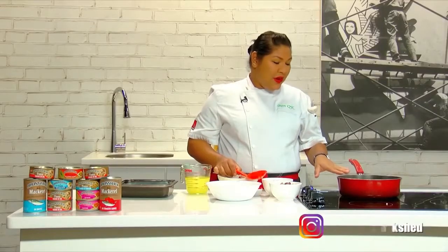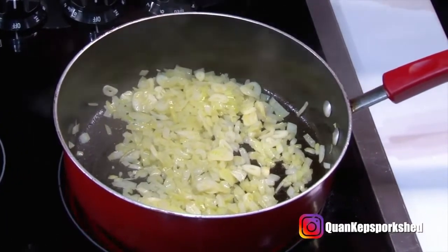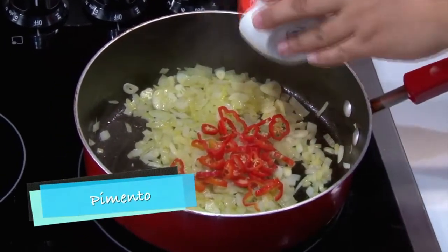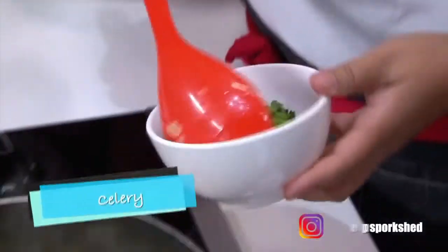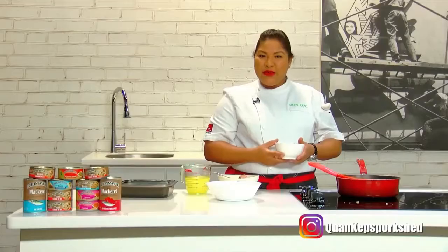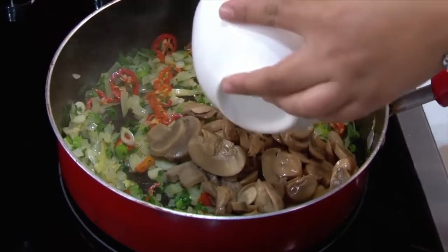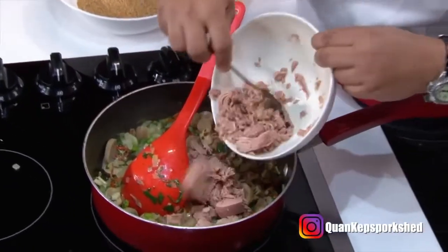So you can see that our onions have gotten nice and translucent. I'm going to add in some pimentos, and I'm using red pimentos for a nice color. Then I'm going to add in my freshly chopped celery and chive. Next, I'm adding in some sliced mushrooms. Once the mushrooms have sauteed for a minute, go ahead and add in your Brunswick chunk tuna in water that